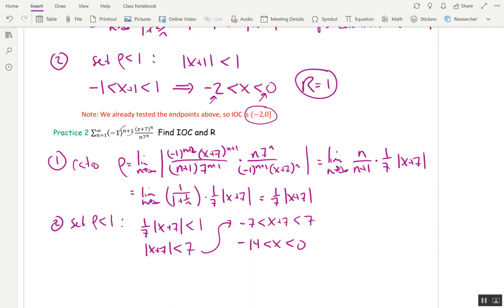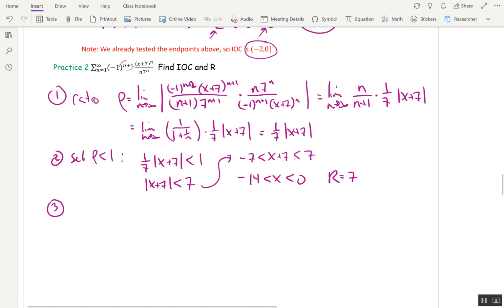Okay, so whatever my interval of convergence turns out to be, I don't know whether it will include negative 14 and 0 or not, but I do know the radius of convergence is 7, because the width of that interval is 14. So half of 14 is 7. Okay, now I need to check my endpoints. So I'm going to take negative 14, and check that first. So I'm going to plug negative 14